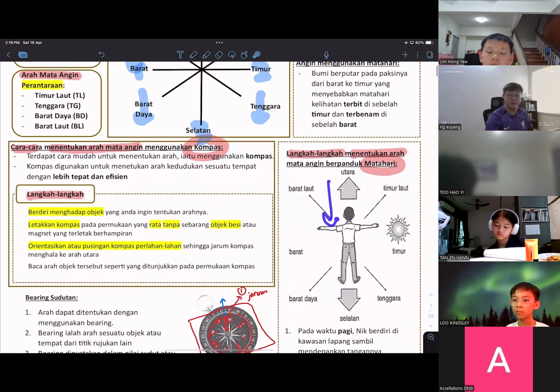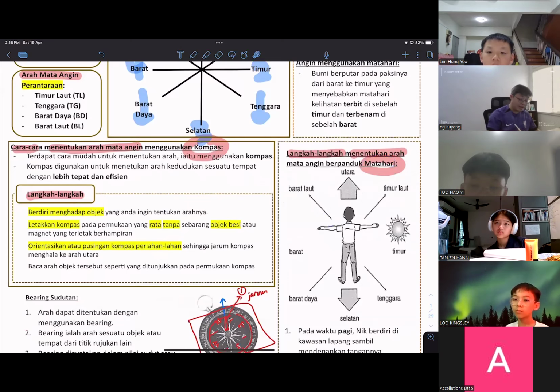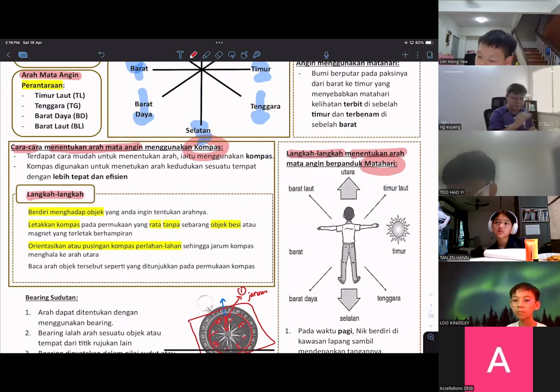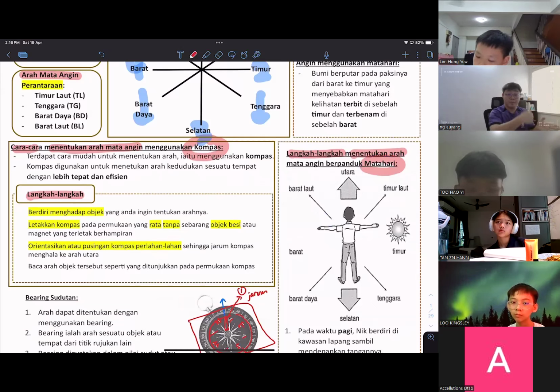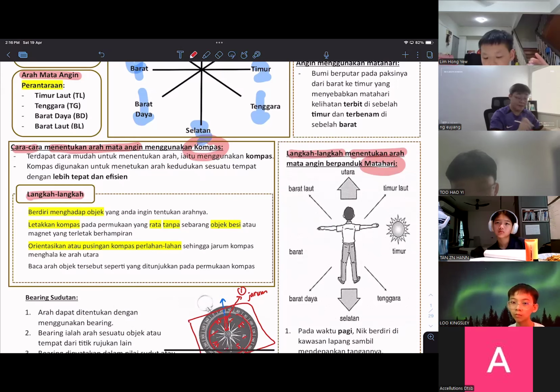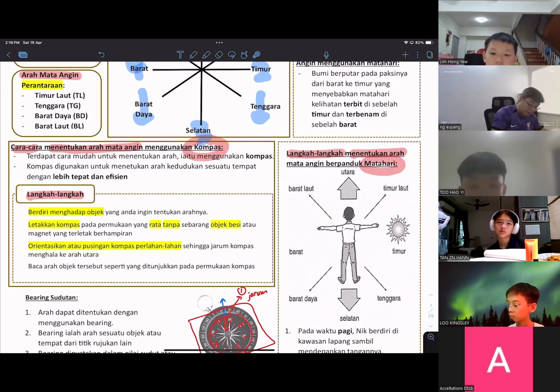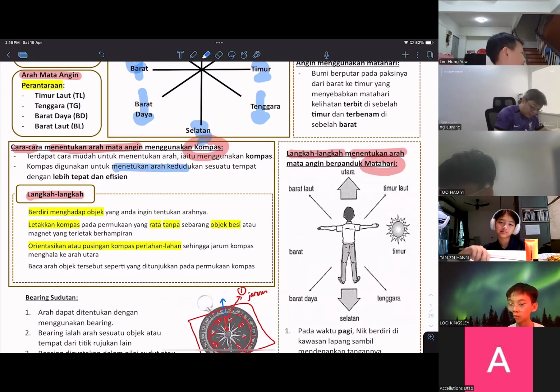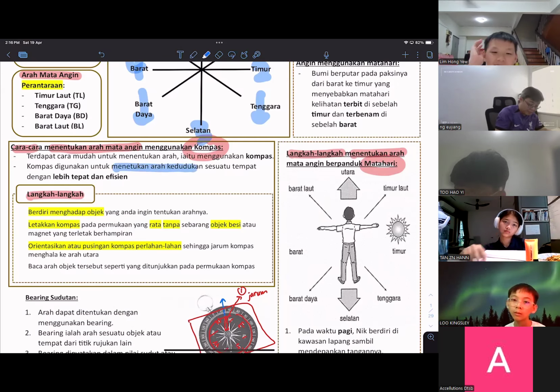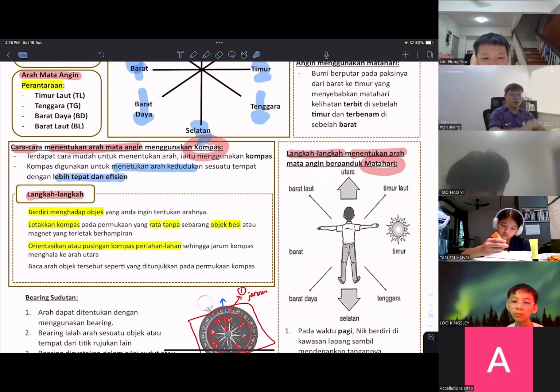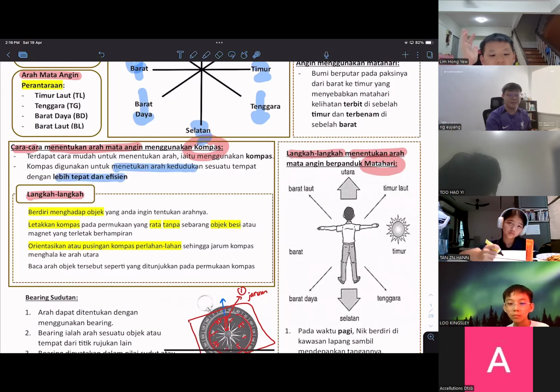So later on, we are going to refer to the langkah-langkah menentukan arah dengan matahari. But now, we have to understand that the compass is the most efficient way. That's why I teach the important part first. I'm not going to follow the normal syllabus, teaching page-to-page from the textbook. I'm just using a better way for you guys to record the important part first, which is the compass. So circle, yeah, compass. Menentukan arah kedudukan sesuatu tempat dengan lebih tepat dan efficient because not relying on the planets.